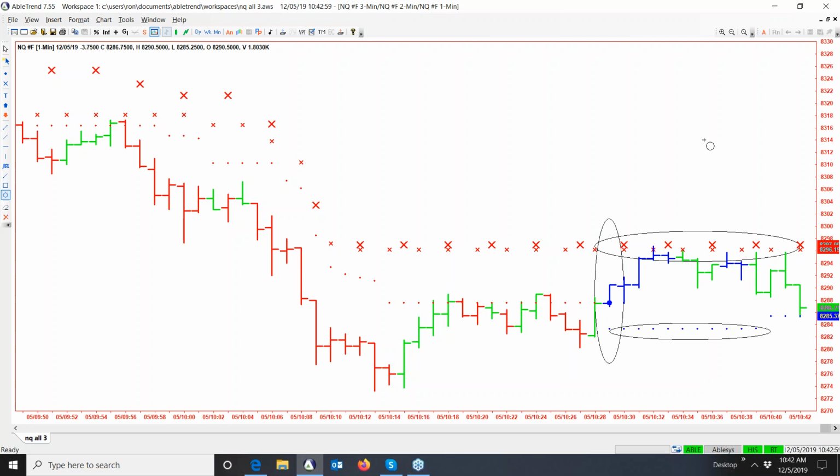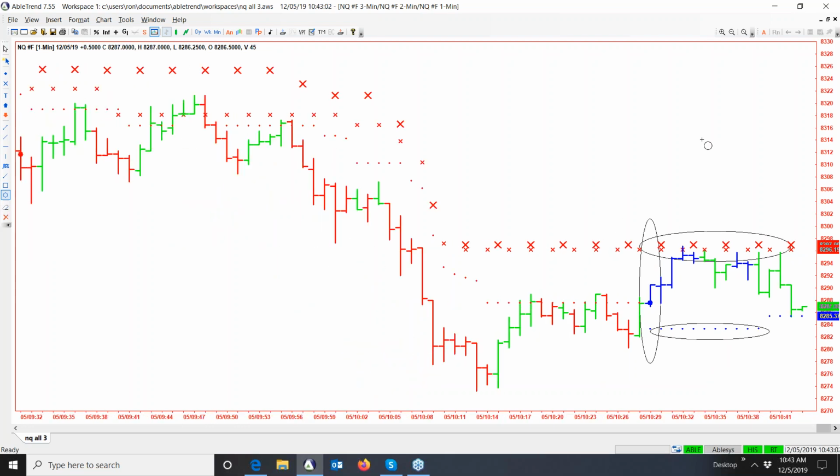See, we feel AbleTrend will not only tell you when to buy, when to sell, and where to put your stop loss, it'll also tell you when not to trade at all, which we feel is just as important. And that's what the no trade zones do. They tell you, don't do anything right now, because the software is seeing with its algorithm a high probability of a choppy market. So we say, you know what, stay away, stay tight right now, lay low.